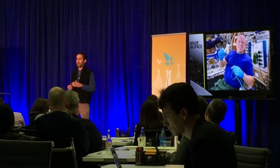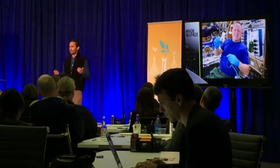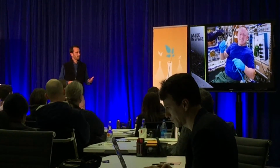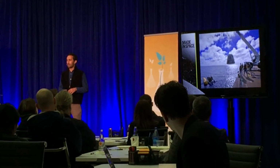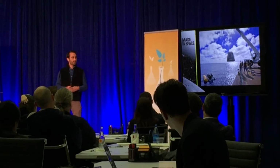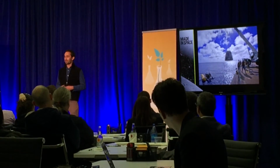Most of that process was waiting for NASA to give us the time to print. If they would have said you can print the day after he asked for the wrench, we probably would have had it ready at that point. So wrapping that up, all these parts, including the wrench, are now somewhere back on the planet. They returned in the Dragon capsule that splashed down a couple weeks ago in the Pacific. We're waiting for NASA to tell us when we get our hands on our parts, and we'll start doing some